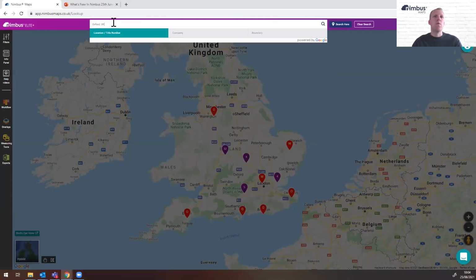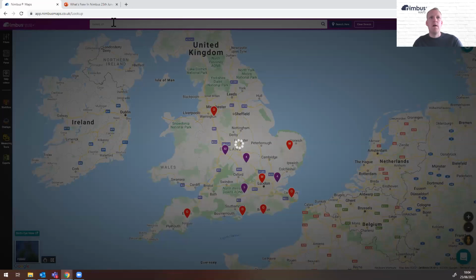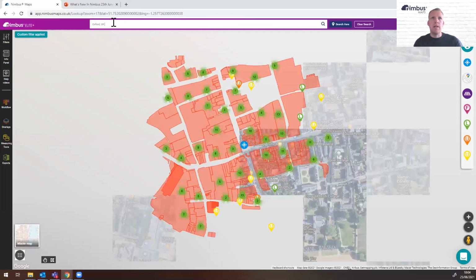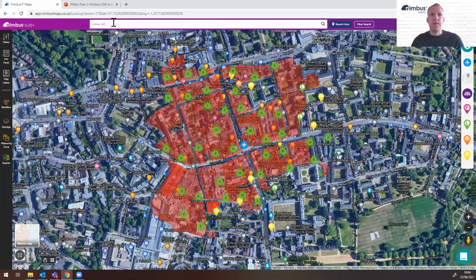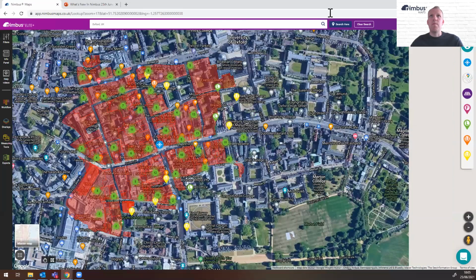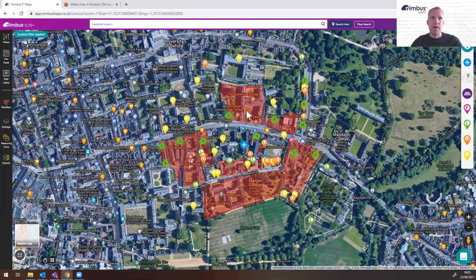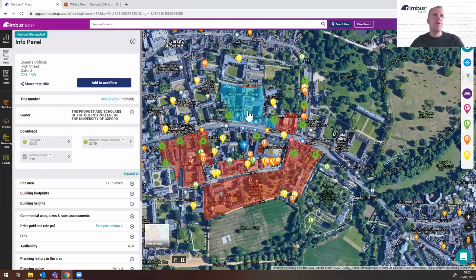Let's just go to Oxford, right in the middle of the southern half of the country, and we end up here in the middle of Oxford. Same as before, searching works like Google, so you can search whatever you like and it will take you to where that is, just like Google Maps. As before, you can move around and press this search here button and it recenters the polygon, so now we can find out who owns this particular college,